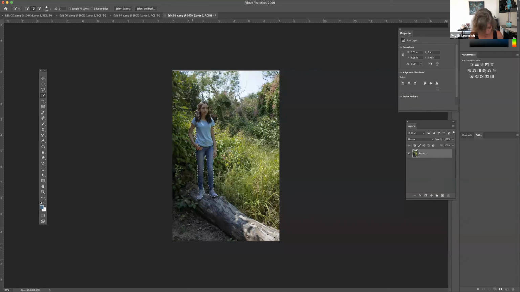I'm going to have to hold my shift key to select the log in the foreground. And then it got some of the ground that I don't want here. So I'm going to hold my option key to take away from that. And you can see I can't quite get exactly what I want. These tools are great, but they're not perfect. I've never made a perfect selection with any of the selection tools without having to go in and edit it